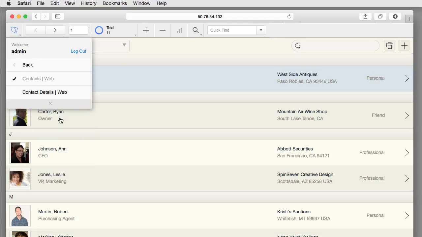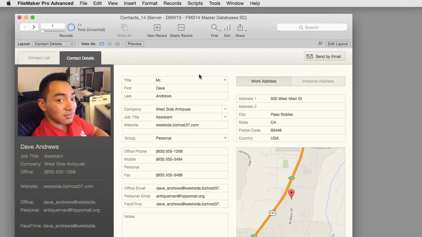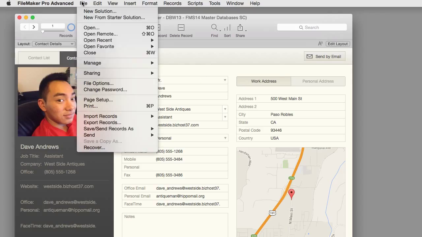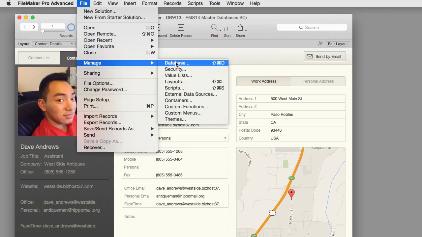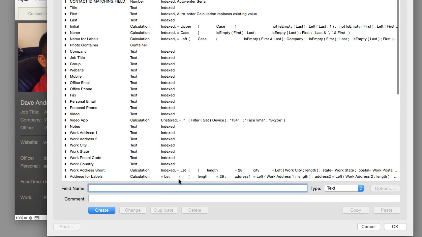I'm back on the desktop detail screen here, and I want to point out that it's easy enough to add new fields here. That's pretty straightforward. I can go to File, down to Manage, over to Database, and say that I had a new field that I wanted to connect here. Say I wanted to track the number of employees that were part of this contact's company. I could simply type it down here under Field Name,